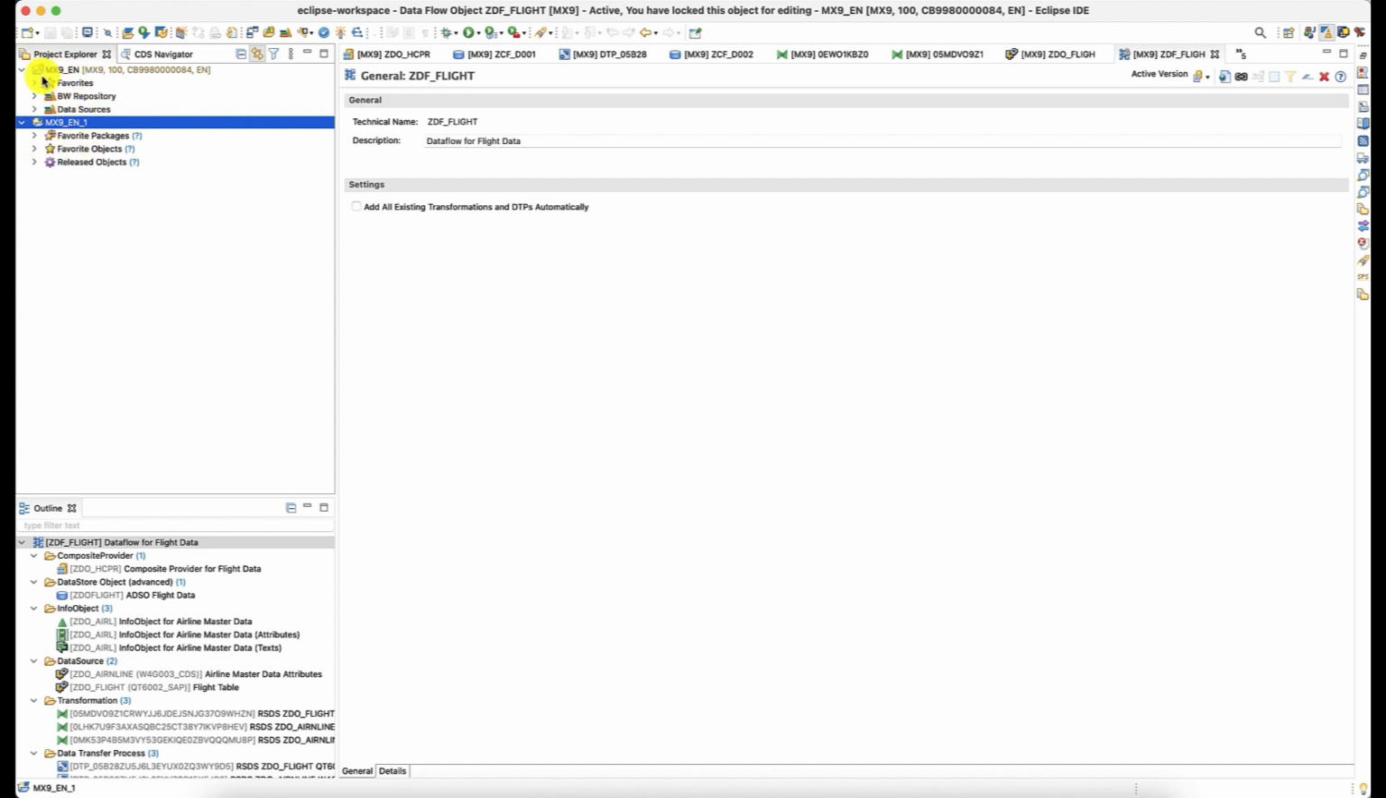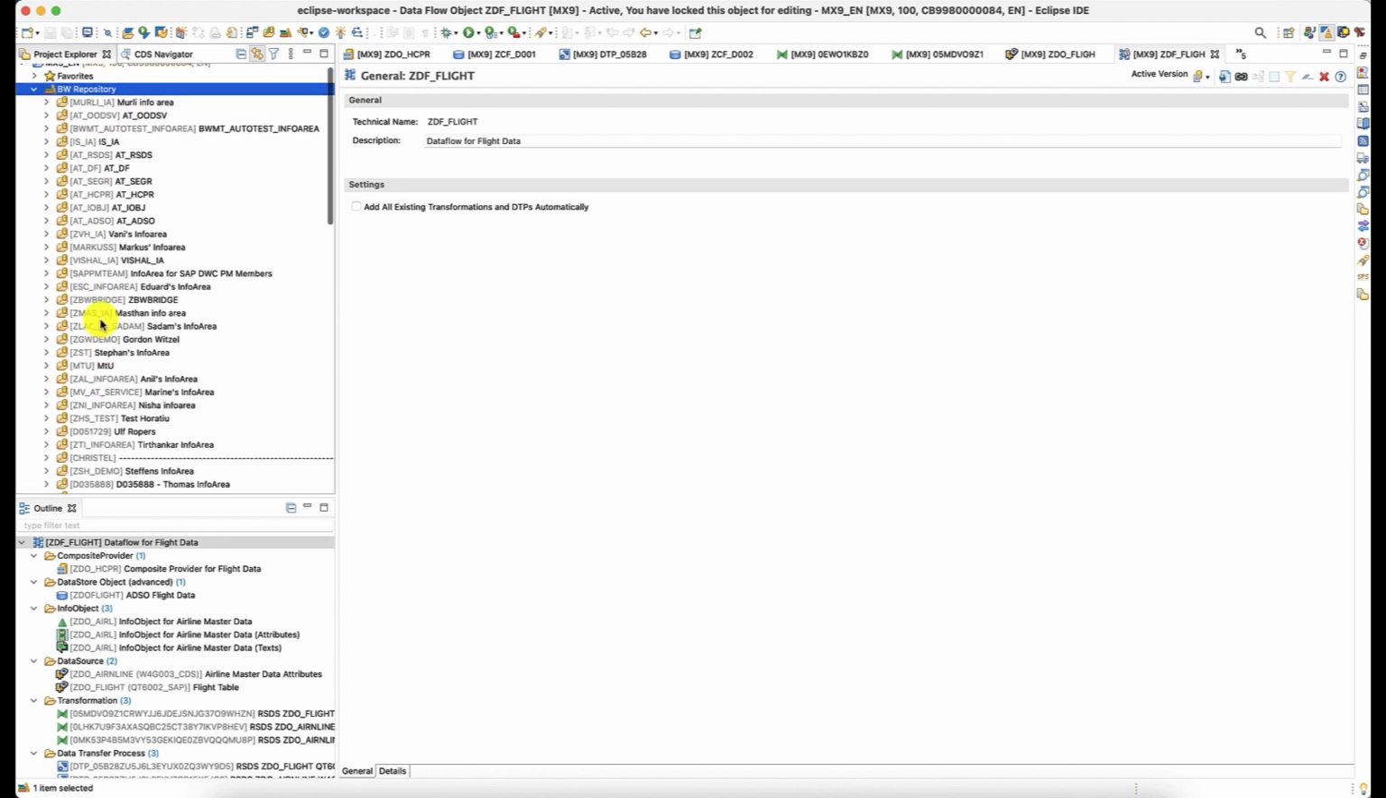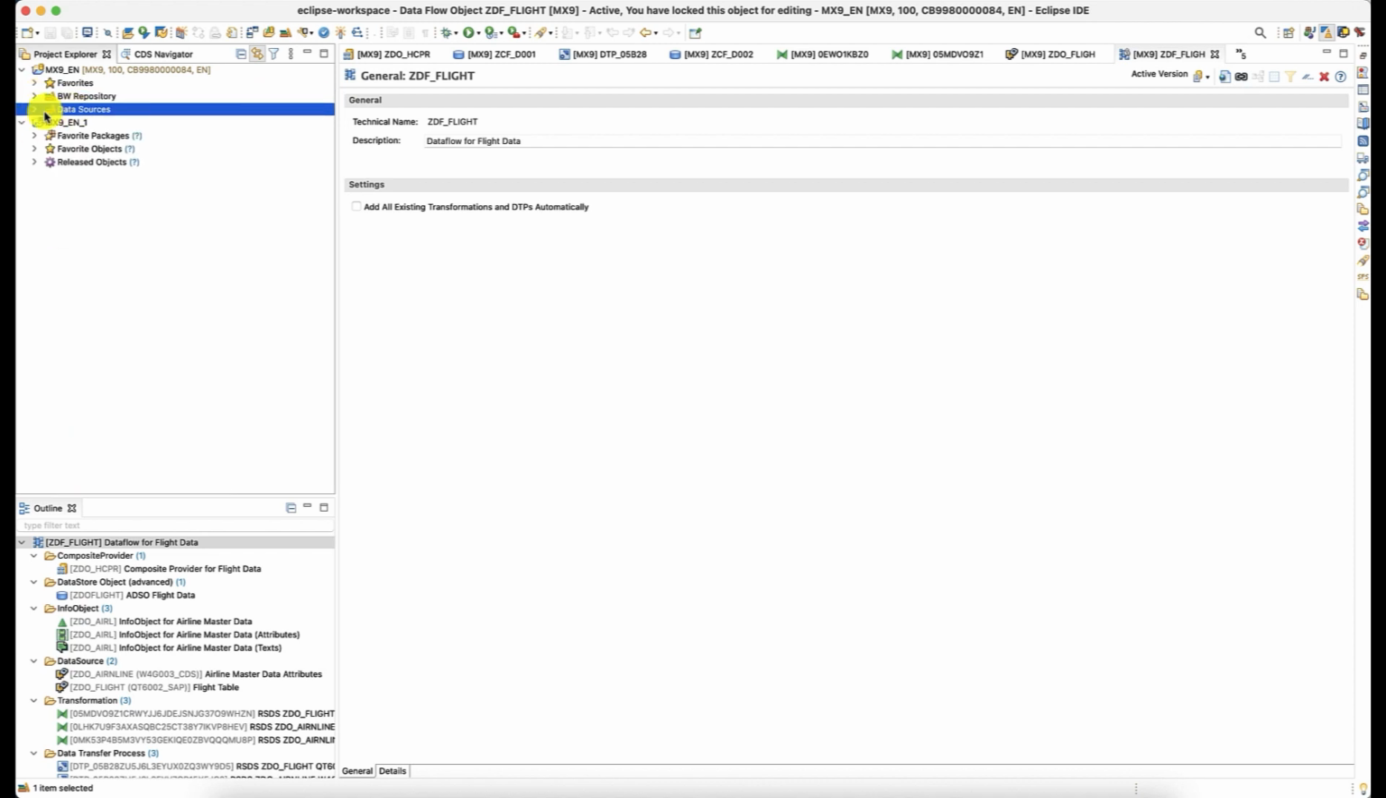And here, as you can see within the SAP BW Bridge project, we still have our division into BW repository and data sources. Similar to SAP BW/4HANA, here within the BW repository we have our InfoAreas with the various development objects in it, and within the data sources, we have our source systems. And as you can see, the SAP BW Bridge component is primarily intended for